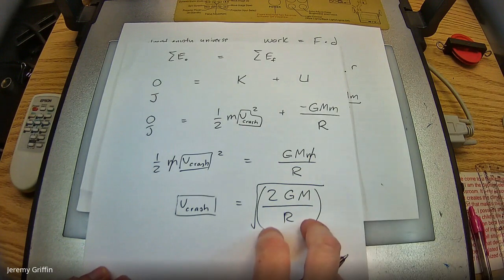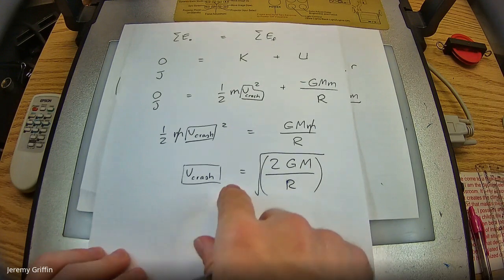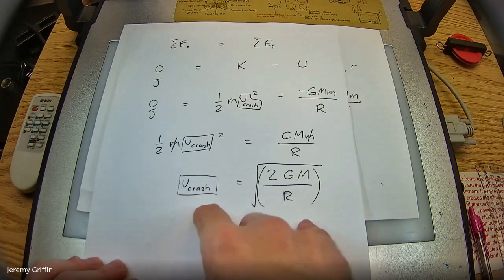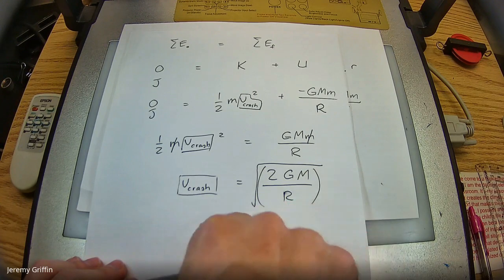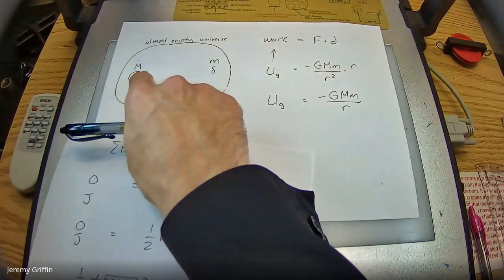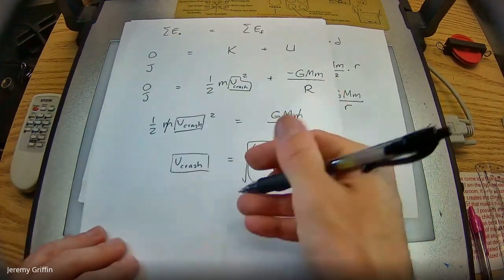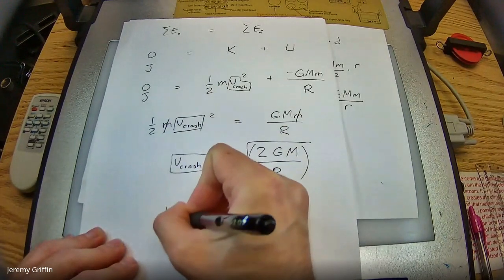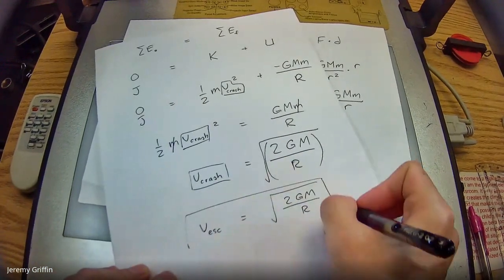You guys have seen this before. Where have you seen this? Isn't that escape speed? That is escape speed, isn't it? Because I saw this in terms of how fast it's going to crash into the planet falling from the edge of space. But if you turn this around, isn't the mirror image of this also true that you would need this speed if you were at the surface of the planet and wanted to throw this lab mass straight upward, so fast that it was able to go to the edge of space before it came to a stop? That would be the same speed. It's just like this in reverse. So that's escape speed. Escape speed is square root 2GM on r. So that's that derivation.